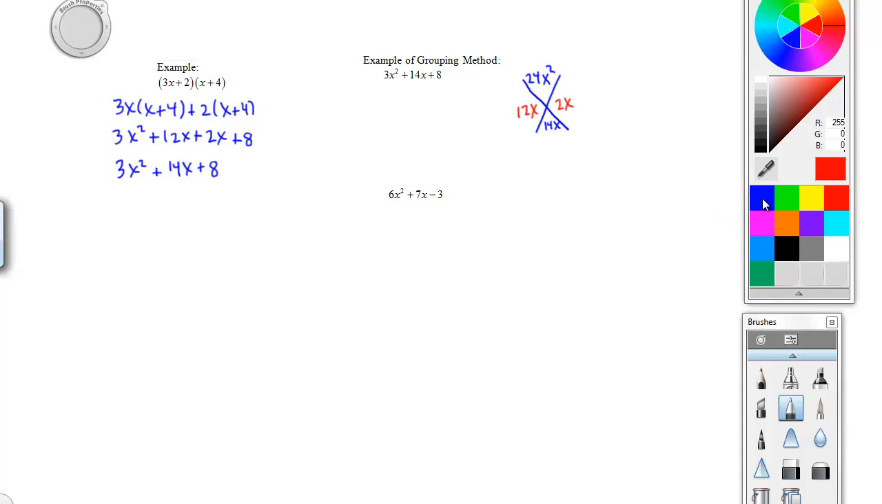So I need those two numbers, and then I'm going to take this 3x squared, just bring that first term down here. Then I'm going to use the 12x and the 2x from the diamond, and then I'm going to bring down the 8 from up here. So you can see that this whole expression here is equivalent to this expression here if I just combine these like terms. Now I'm going to separate this into two smaller problems